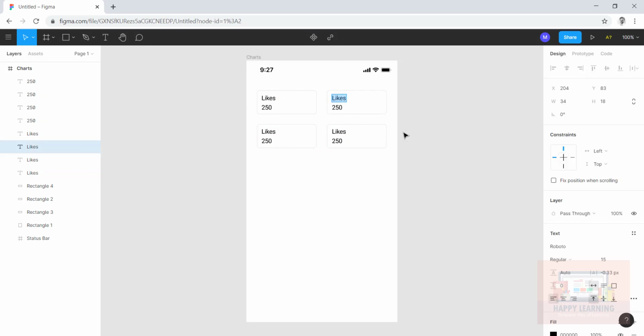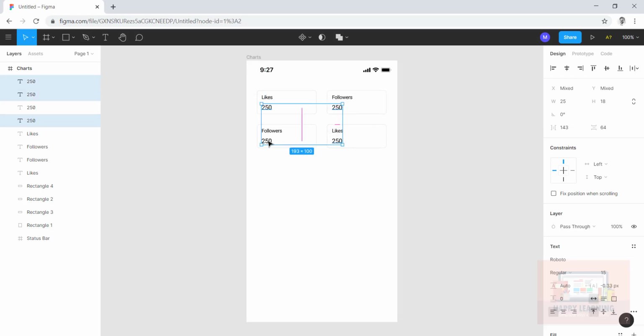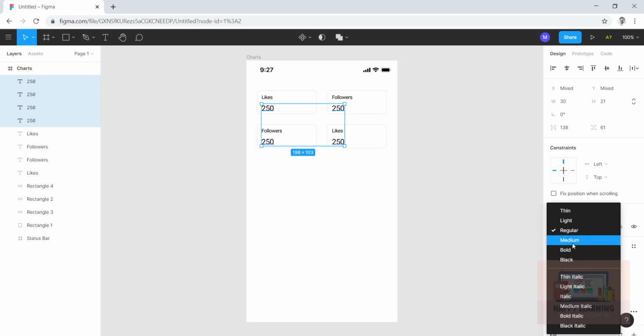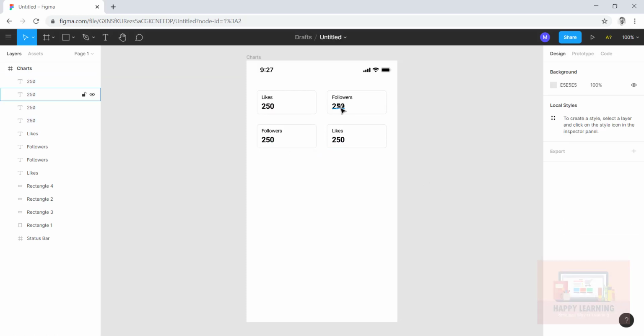So now I would like to have the different terms here. Let me place followers. Let's say likes and followers. I wanted to change a few font settings here. Select all. I would like to go with just 12 pixels, and then I wanted to have a little bigger text here. So let me change the font size, let's try with 18. Yeah. I would like to have that bold. It's bold. I'd like to change the values here.